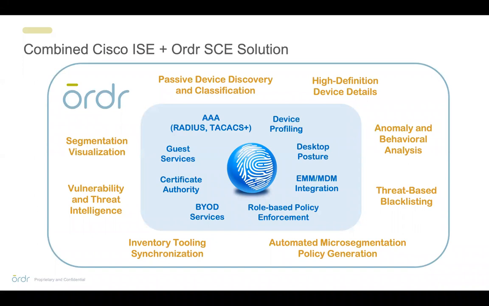So what is Ordr? How do we complement and add to that? Well, one of the first things is we provide a completely passive device discovery and classification engine. There are no agents or anything that we install on the endpoint. We are looking at the traffic and able to inspect it, going through protocol decodes for many different IoT devices, and machine learning is leveraged to determine this automatically and build libraries. We're talking in the neighborhood of over 70,000 device profiles, and every new network that we touch, we are expanding.